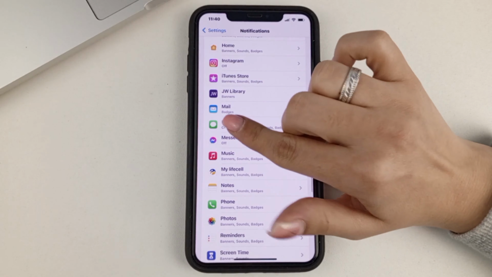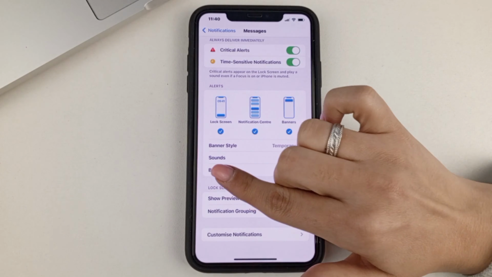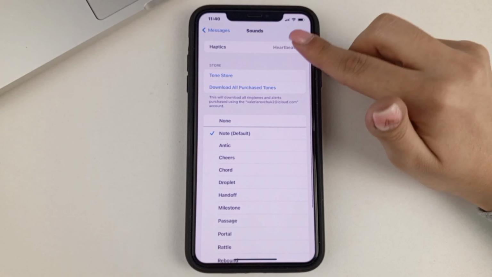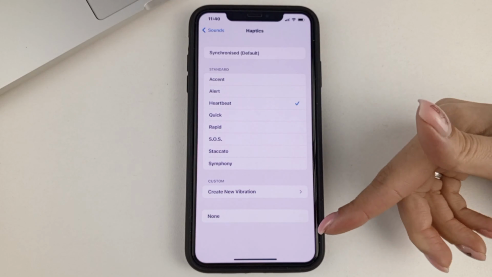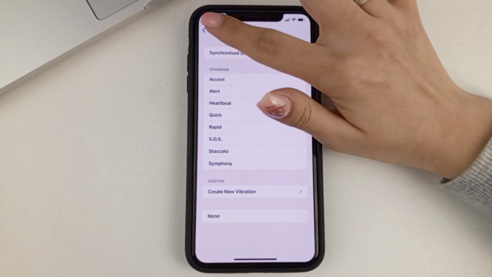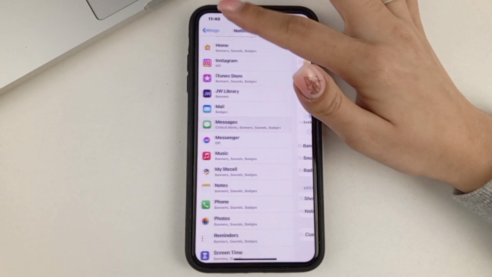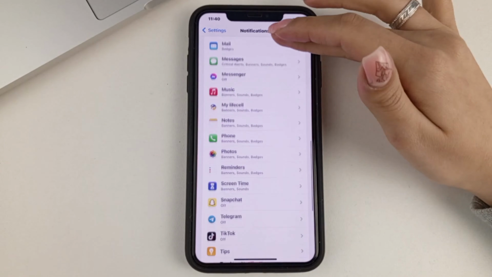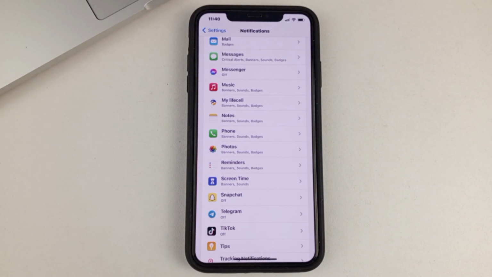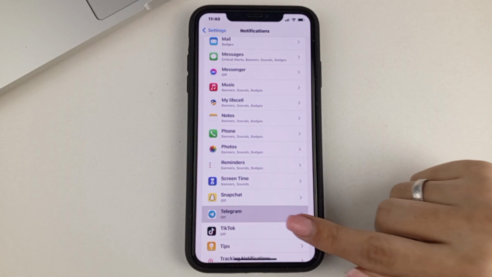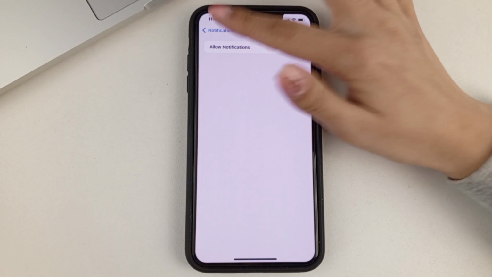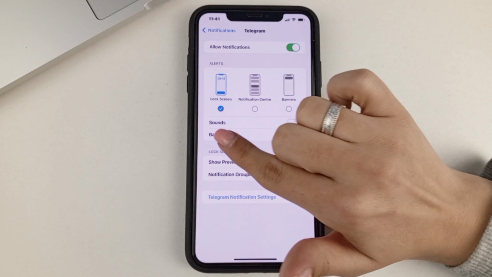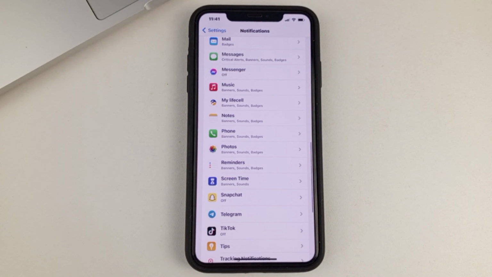You can do the same with other apps like Messages. Next we go to Ringtones, then to Vibration, and also here we can see whether we have it disabled or not. The same thing we do with absolutely all other applications, for example, email, Instagram, and other applications such as Telegram, TikTok, all applications that you use and which have the function to choose a melody. So if you go to an application and there is a function to choose a melody, then you can choose and turn on or turn off the vibration for it.